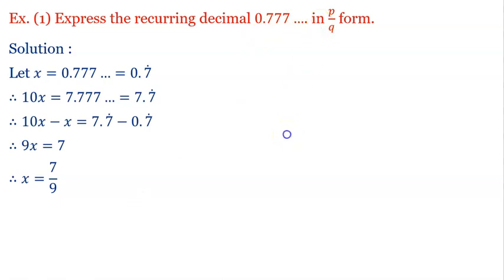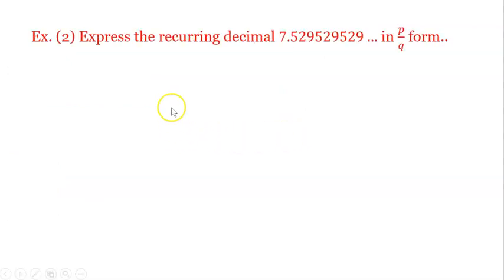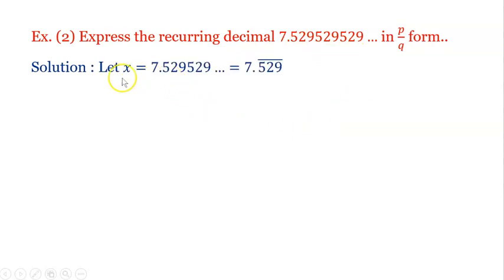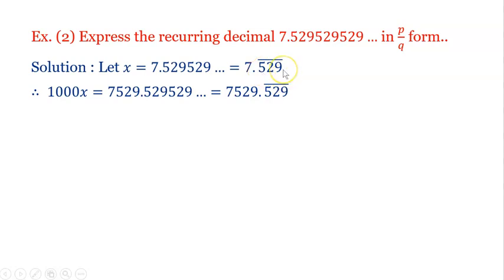Now, next example. Express the recurring decimal 7.529529... in P upon Q form. Now again here let x equal 7.529529.... Now the group of digits, that is 529, is repeating here, recurring here. Therefore we will write here 7.529 with a bar raised over it. Okay. Now here 3 digits are repeating, and hence we will multiply this expression x equals